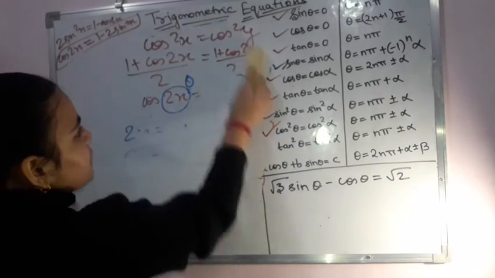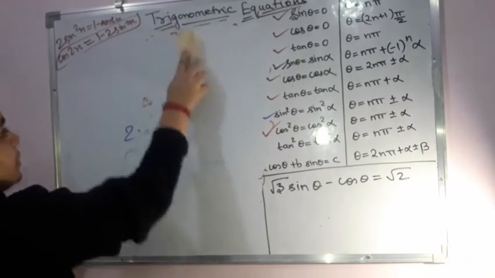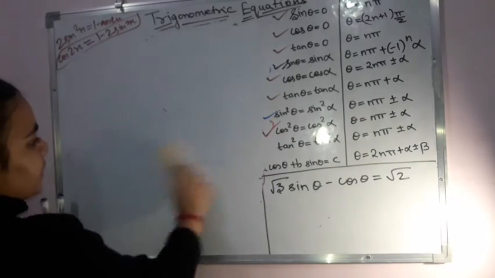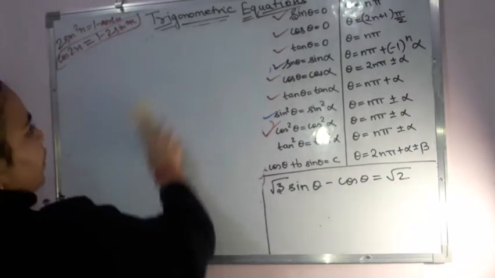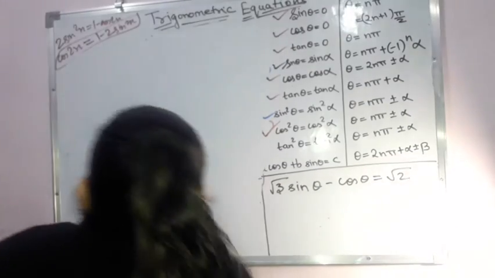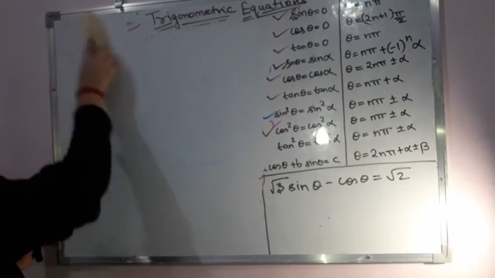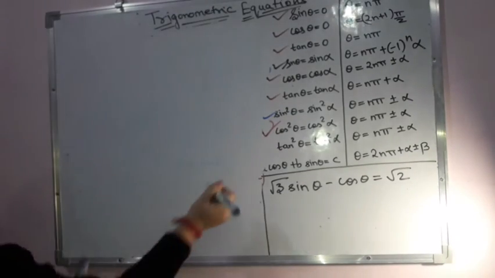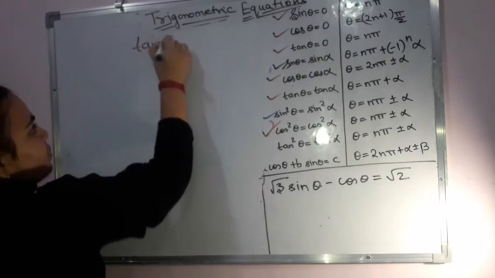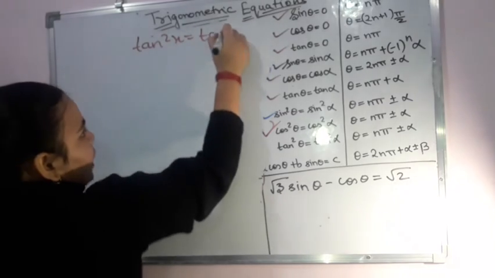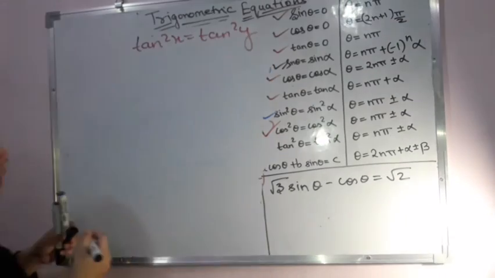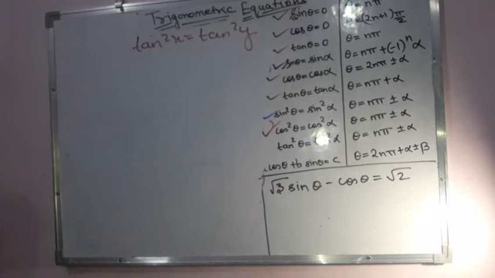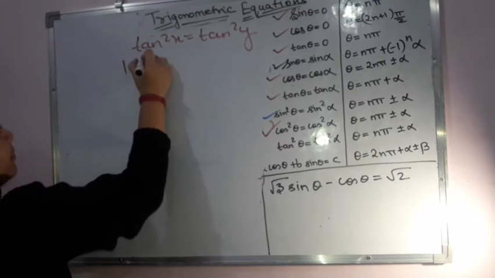Now after this we have tan, that is the last one, and then there is one other simple thing that we have. So now we are supposed to solve for tan. I have tan square x is equal to tan square y. Now, my tan square x, from the formulas of previous chapters, I can write as 1 minus